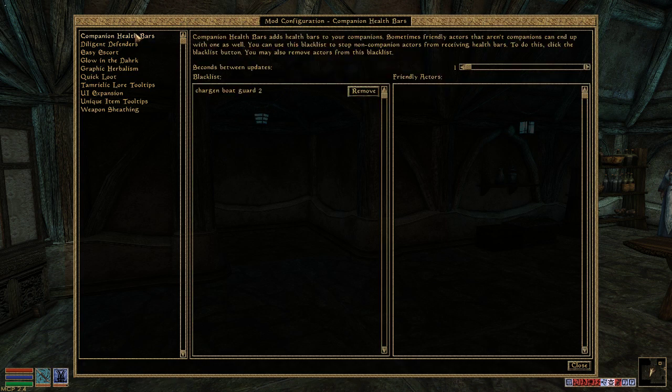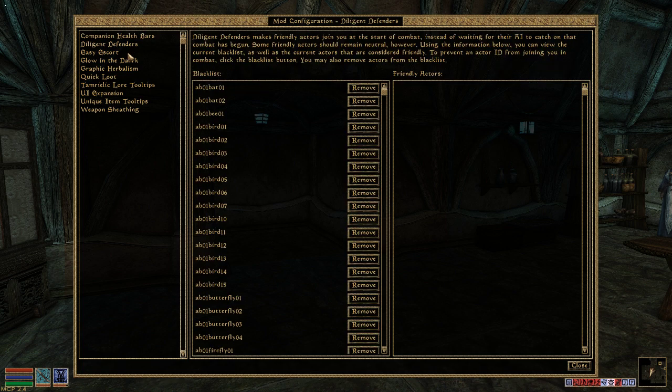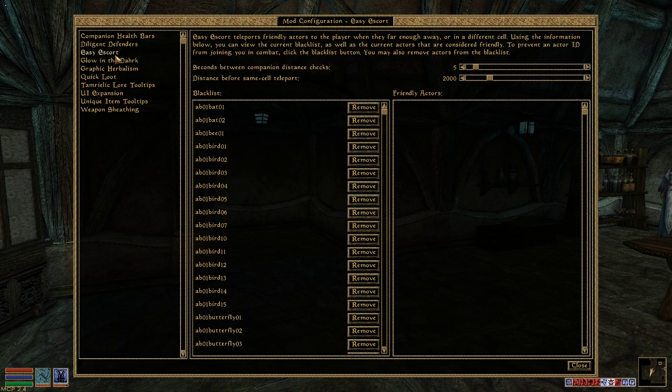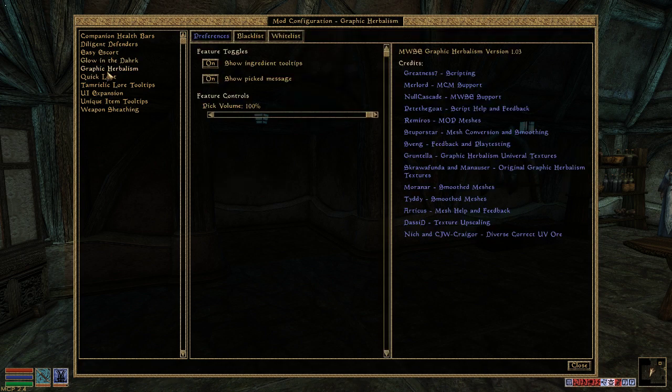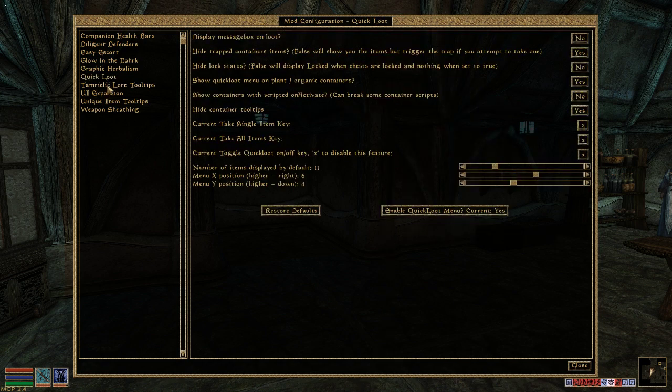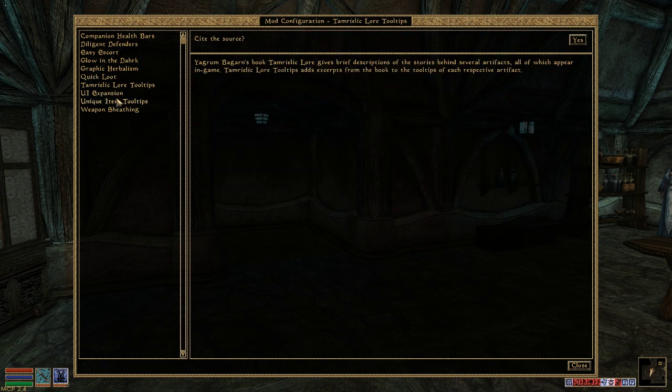One is companion health bars. So if we summon something, we can see a health bar. If we summon something, they'll start attacking monsters instead of waiting for us to be hit first. Escort missions will be a bit easier because they won't get stuck. This is just visual, so windows will now light up. Herbalism, if you get something from a container, then the plant will actually be gone. Quick loot I'll show you in a bit, and lore tooltips are just